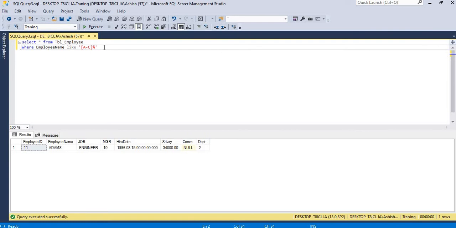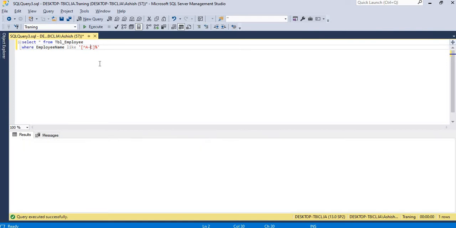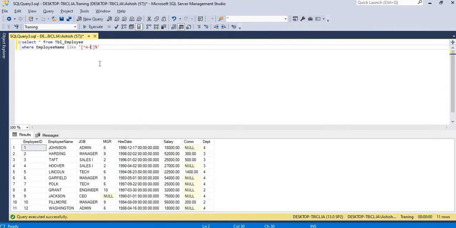Another operator we have is the not equal to operator, which we can write like this or like this. Anything works. Okay, there is no value starting from A to C, because I have used two wildcard operators, one is not and one is range. So you can see this, guys. If you have any doubts or any question on it, you can comment on my video.